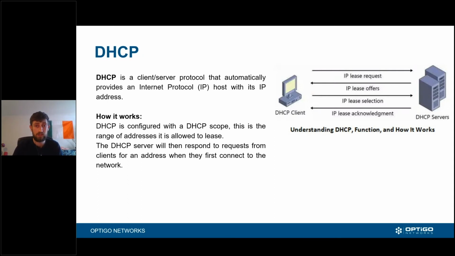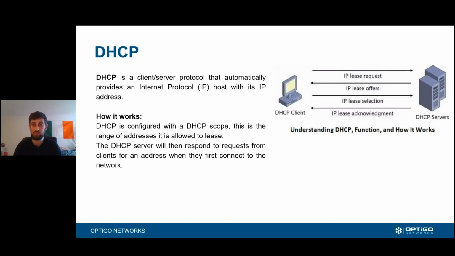A couple of notes on DHCP servers particularly. One thing is, be careful, DHCP servers are fairly easy to set up, and so sometimes we find in networks there are more than one. That's a big no-no. You've got to be very careful with that. Second thing, Tom mentioned reservation of addresses and static IP addresses. They are different terms, different concepts, but they do tie together. One thing to note about DHCP servers is that they do not check what is out there. So if a DHCP server is allowed to give out a range of addresses, and one of the addresses in that range is already used by a statically assigned device, it will not know that.